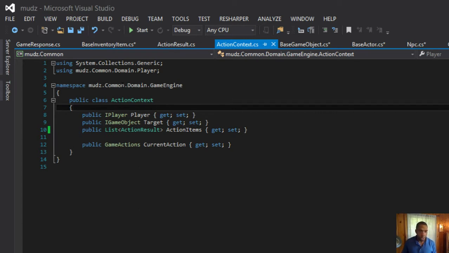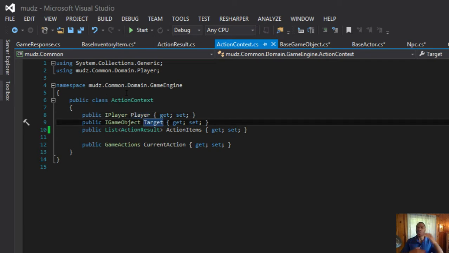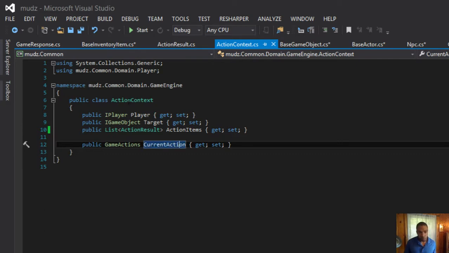So, the action context will get passed using our chain of responsibility pattern between all our various processing steps. And at the end, we'll have whatever the player was, whatever the target was, and then we'll have a chronological list of all the places this request has taken us. And then we can apply those as necessary. Okay, and then we've got the current game action, which is fine.